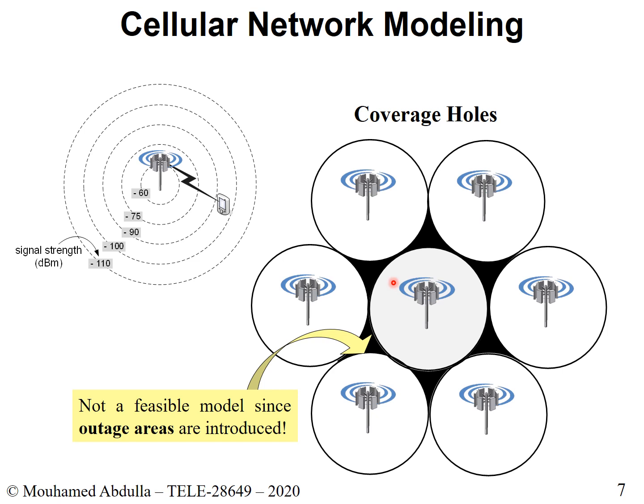So what if you're here, you're walking or you're driving, you're still connected to this base station. As soon as you step out of the coverage, well, you're in a black hole, right? So you have no connectivity. Nobody is giving you any connectivity. This one is not connected to you. This one is not connected, and certainly this one you just left. So you're lost. You'll be in deep outage, perhaps deep outage is the proper word, until you step somewhere, either here or here. And that's not good. We don't want that. We want to be seamlessly connected. So having coverage holes is not a good solution either.